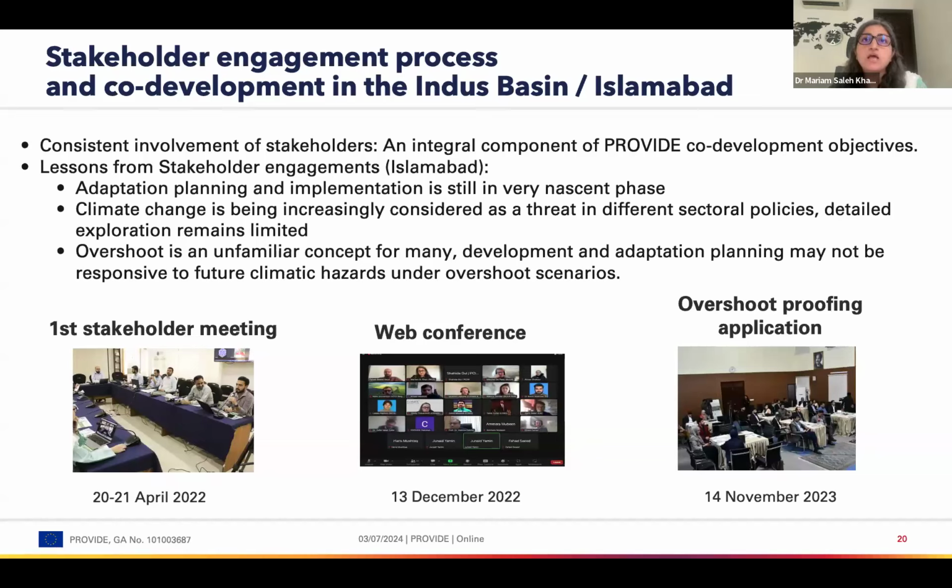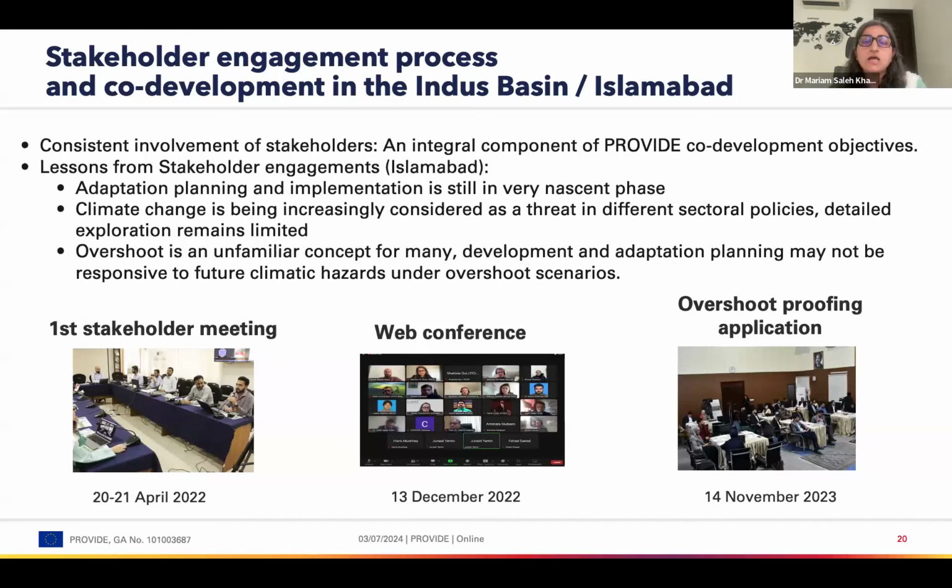stakeholder engagements. We just came to know that in 2023, the very first national adaptation plan of the country was released. So it was important to overshoot proof that, which we also did during these stakeholder engagements. Besides that, knowledge regarding overshoot scenarios was initially limited among stakeholders. However, once explained during the meetings, they effectively grasped the concept and applied the overshoot proofing methodology to existing policies,